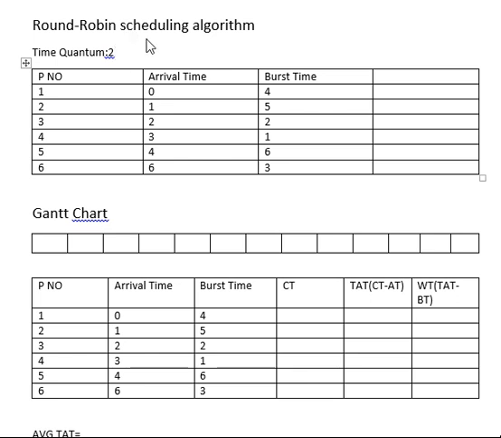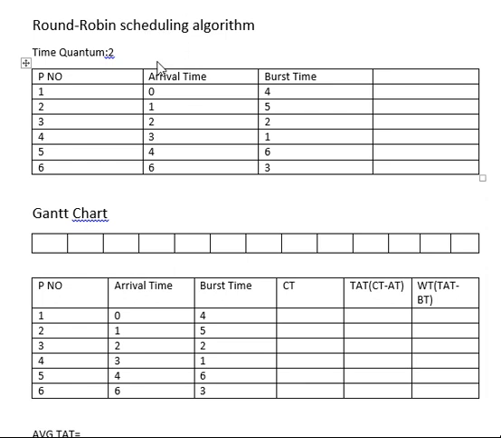So if the process requires a burst time of 4 and the time quantum given is 2, the process has to be executed in two parts: first considering 2 time units, and next the remaining 2 time units. This algorithm takes care of the criteria of fairness, which we had already discussed in our first video. Here fairness means every process gets an equal chance of execution and they are not kept pending or delayed in their execution.